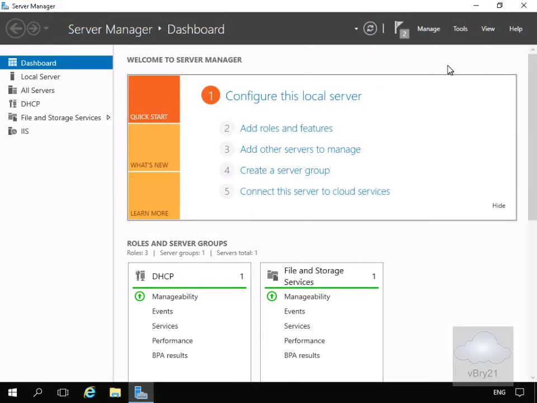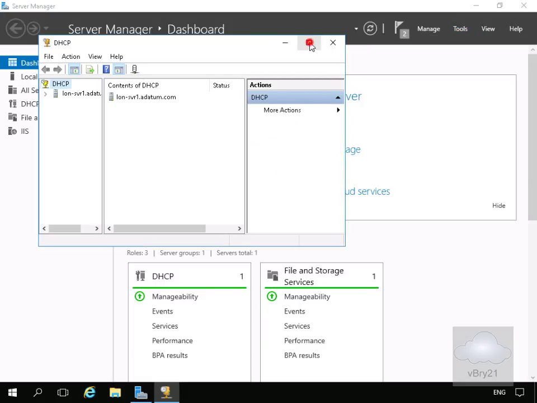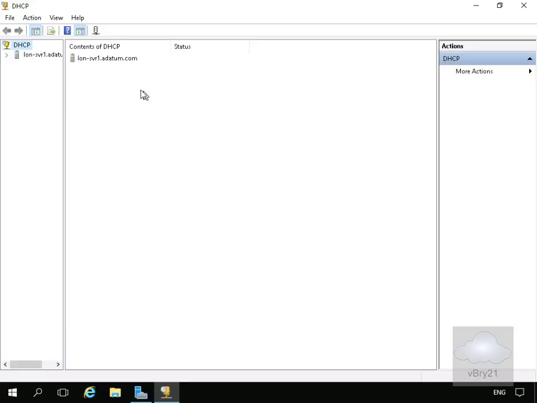In this demonstration, we're going to look at creating a DHCP scope, configuring some DHCP options, and then creating a DHCP reservation. What we'll do at this point is I've come into Server Manager. Within Server Manager, I'll come to Tools, and within Tools, we'll come down to DHCP. This will launch up my Microsoft Management Console, and we'll just highlight